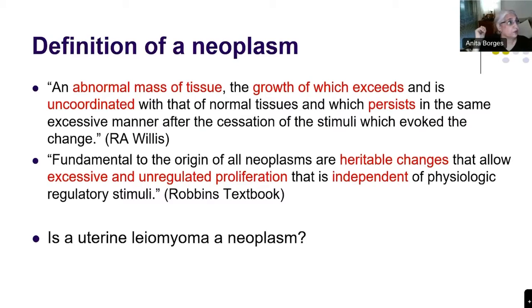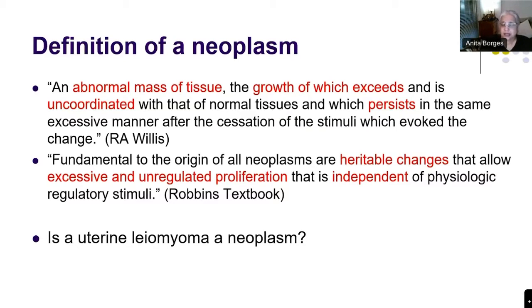Ujjwal, you are in Tata Hospital, right? Yes, ma'am. So if you remove the estrogen from the system by doing many things, you can remove the estrogen from the system by doing an oophorectomy. You can remove estrogen from the system by giving anti-estrogens. Ujjwal, yes, ma'am. What happens to estrogen-dependent tumors? What's the point of giving it? They shrink, right? And they sometimes disappear completely. So now you tell me, never mind about breast cancer, we're just talking about a uterine leiomyoma.